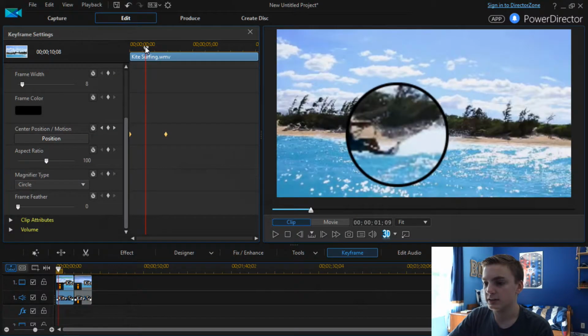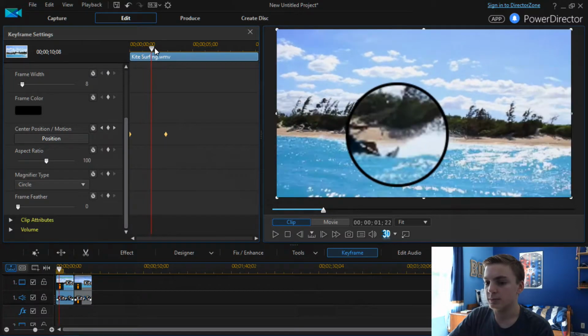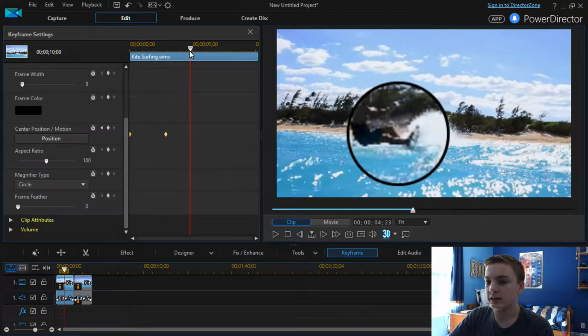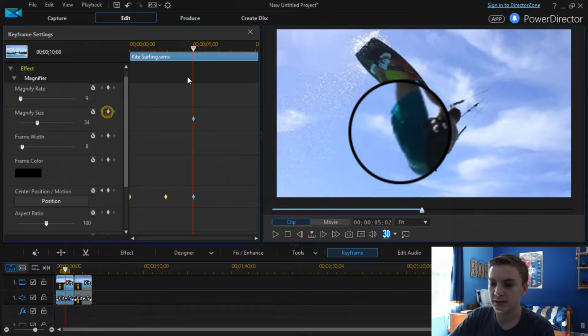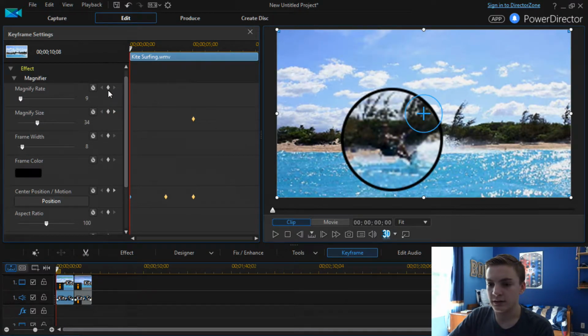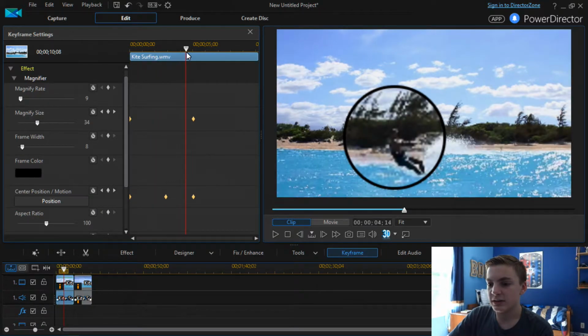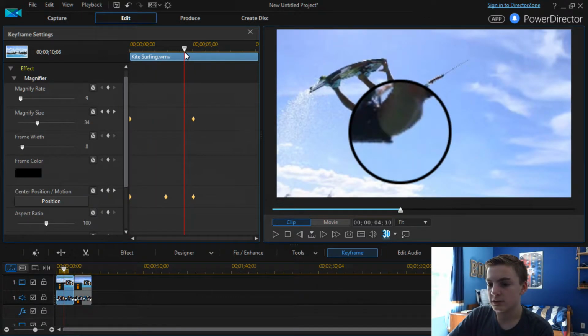It's not too great, as you can see it kind of cuts off a little bit, but that's okay just for this example. And then I'm going to go a few frames more, and I'm going to change the position as well as the magnify size. And I'll add another magnify size keyframe, so I'm also going to change the magnify size keyframe as well, so I'm going to have it the same until about